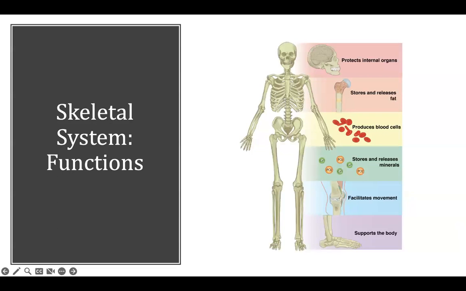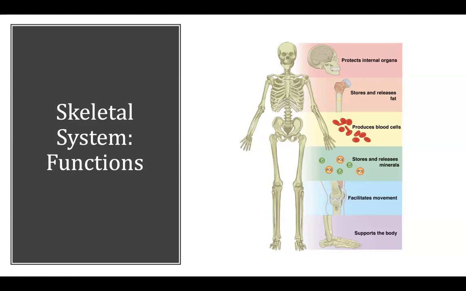The skeletal system has multiple functions, some of which you probably have thought of before, but others maybe you haven't. The skeletal system is protecting our vital organs. It's protecting our brain. That's why we have our skull. We have the ribs, which are protecting our heart and our lungs. All of that is used for the protection it brings us from any potential damage. Our bones also store and release fat, which can help with